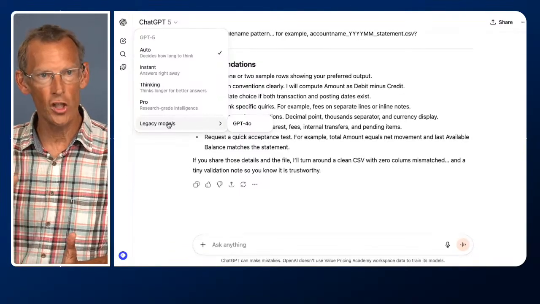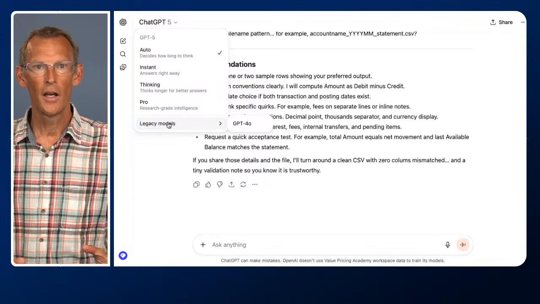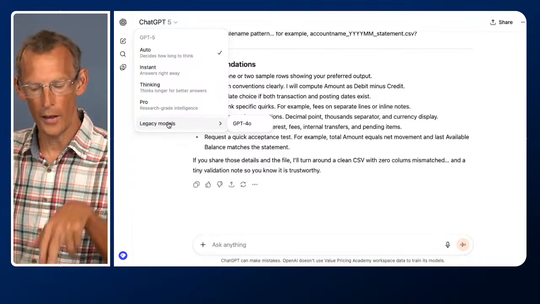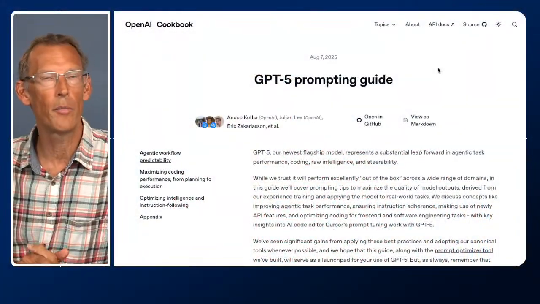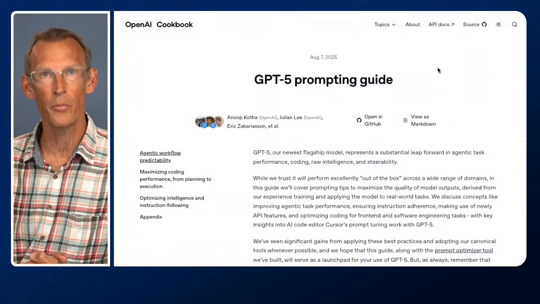Some people love GPT-5, some people hate it. Now the reason why people, I believe, don't like GPT-5 as much is because it's changed the way that we need to talk to ChatGPT. In fact, back on August the 7th, 2025, they brought out a GPT-5 prompting guide